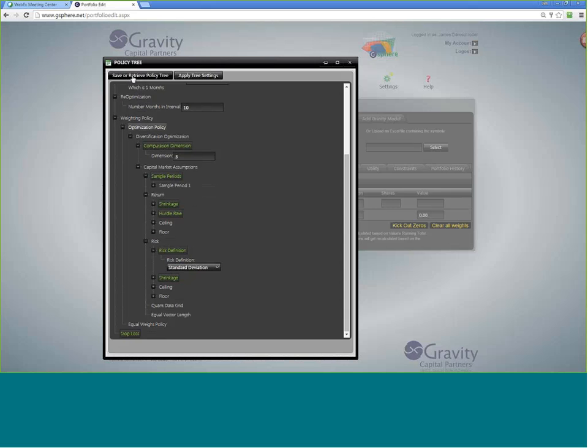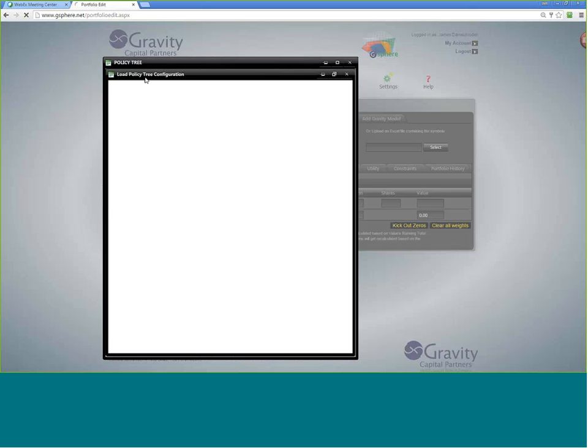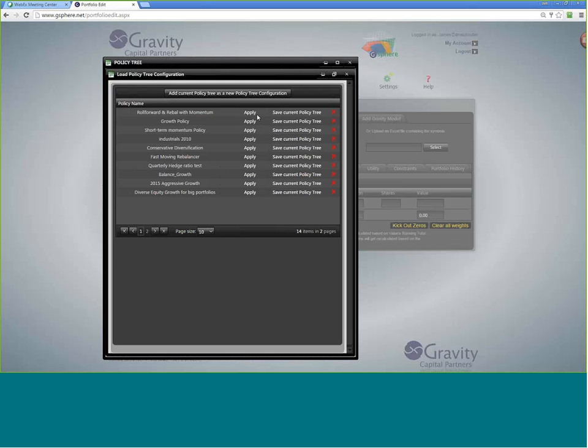Now, investment policies, because they can be pretty complex, we do support the ability to save or retrieve investment policies, and it can also be possible to share an investment policy, which is possibly a way to work with Gravity Capital Partners, where we would set the investment policy and share it to you in your account. I'm going to go ahead and apply here a growth policy,